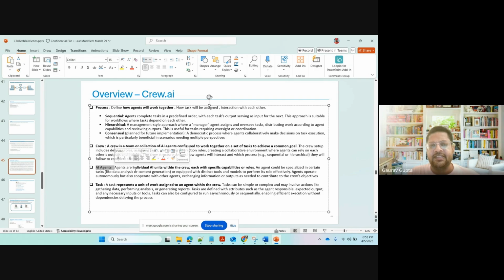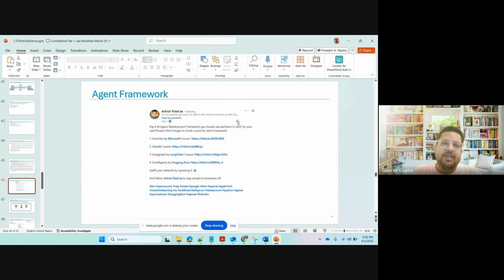First, you define an agent. Agents are individual AI units within a crew, each with a specific capability or role. So your role is to do research, and you'll have to define a researcher role. Then you have to give it a task, what task it needs to do. You can have multiple agents as a crew. All the agents in a crew can talk to each other. And then you have to define how this crew will work. If you have 3 agents, will they be sequential, hierarchical, consensual? You can define the working methodology. I'll show you the code. As I said, if you look at LinkedIn chats or anywhere, 4 frameworks come out on top.